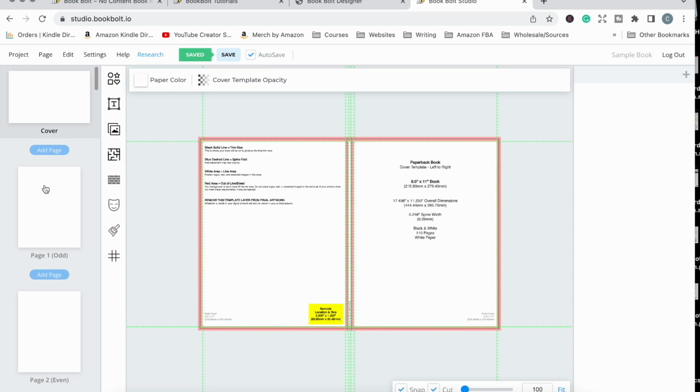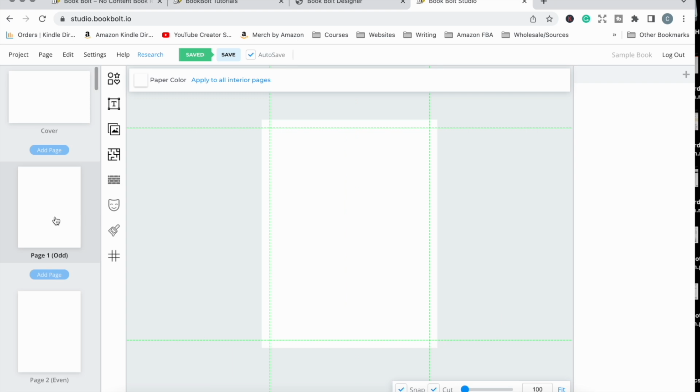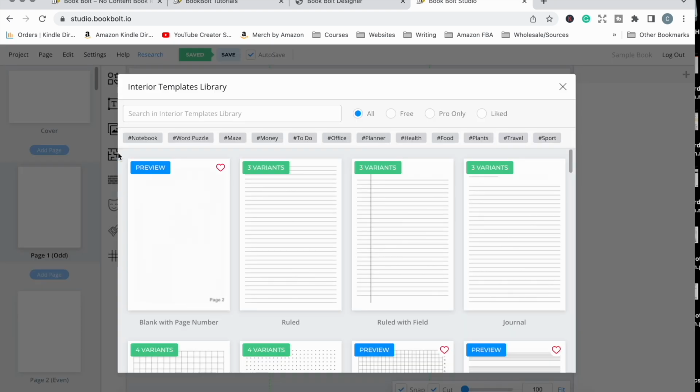stuff like that, then you can save a lot of time by just using the pre-made interior, because if you're doing a notebook, it's just a lined page, isn't it? There's not much really that you can do with that to make it unique. So if that's the case, you can just use a pre-made interior. And to do that, you would just click over on this little maze looking icon, which brings up the templates